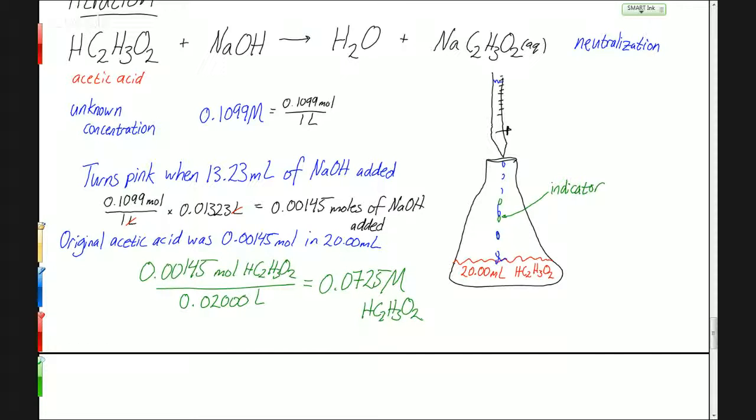So that tells us that our initial concentration for that acetic acid solution that was initially unknown, we've now found it, is 0.0725 molar. So we figured out how much NaOH we added. We calculated the moles of NaOH. We saw that that's got to be the same number as the moles of acetic acid that we started with. And then we made those equivalent and we divided by the volume to get the concentration. So that's how you use a titration to figure out the concentration of an unknown